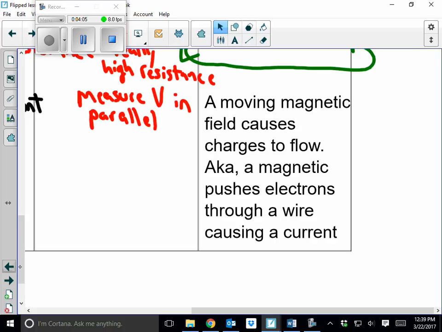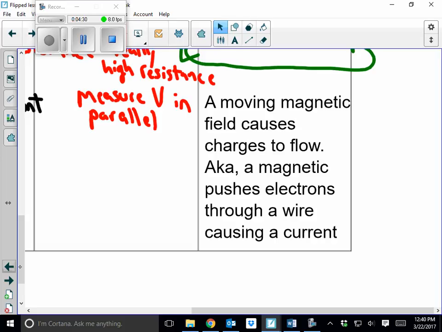You'll see the LED light. It's the same as crank flashlights: there's a magnet inside a bunch of wire, and the wire is connected to the light bulb, so that when you crank it, the changing magnetic field pushes the electrons through the wire, causing a current,